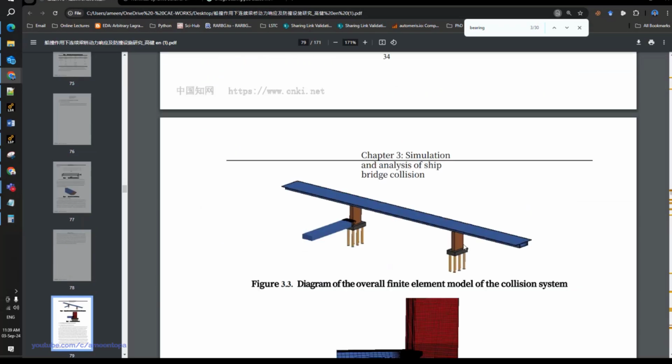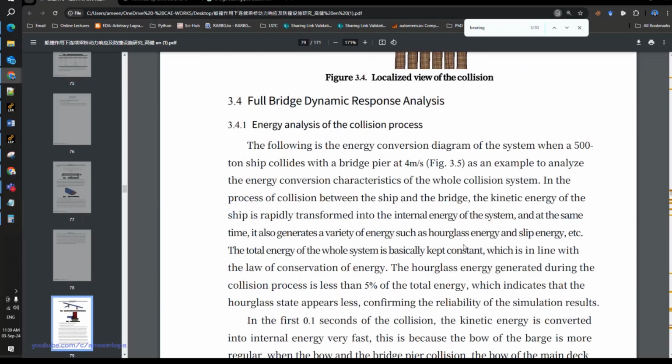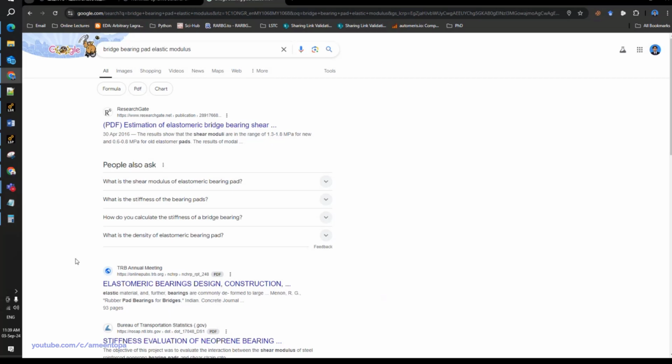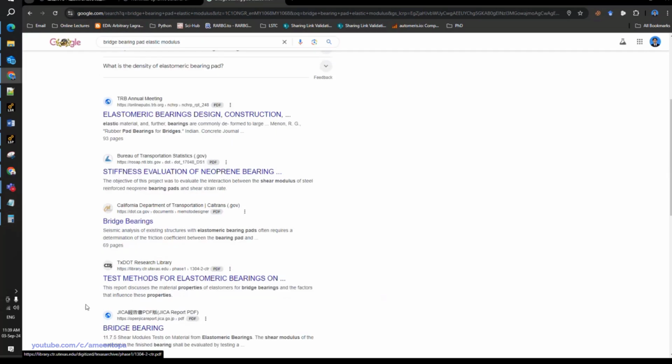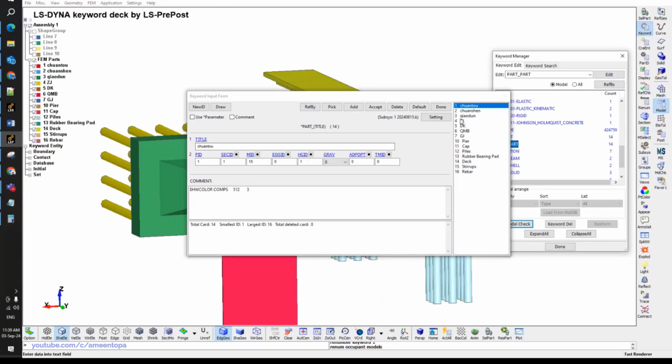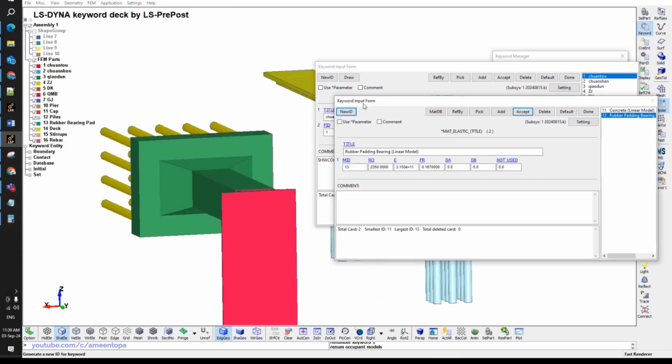Where is the details? He did not put any numbers. You can check the old model. In the old model, they use the properties of the steel, and they use rigid material. Okay, you can see here in the old model,